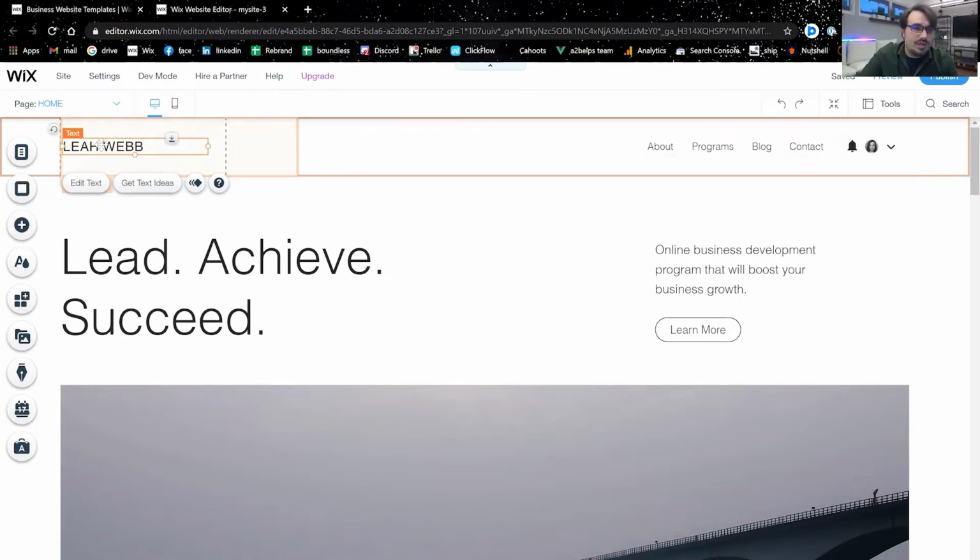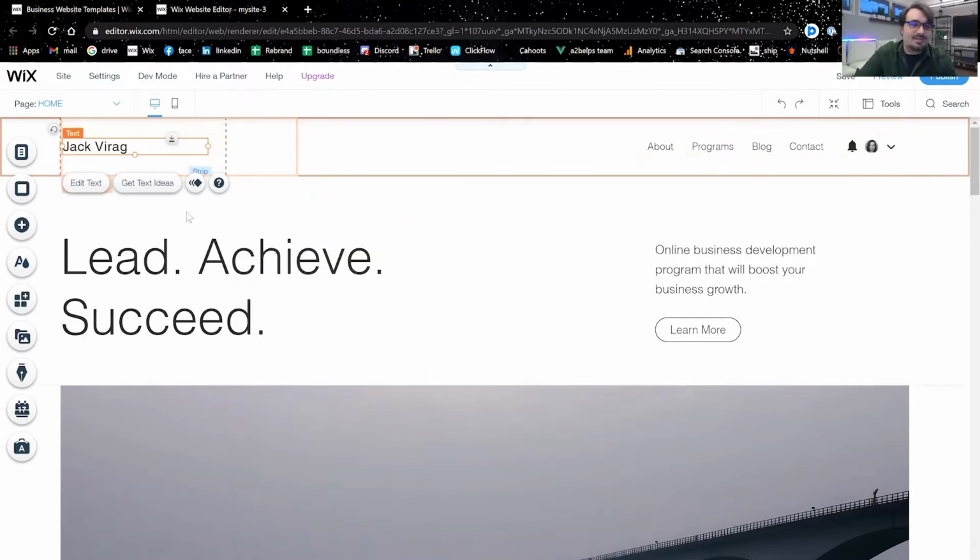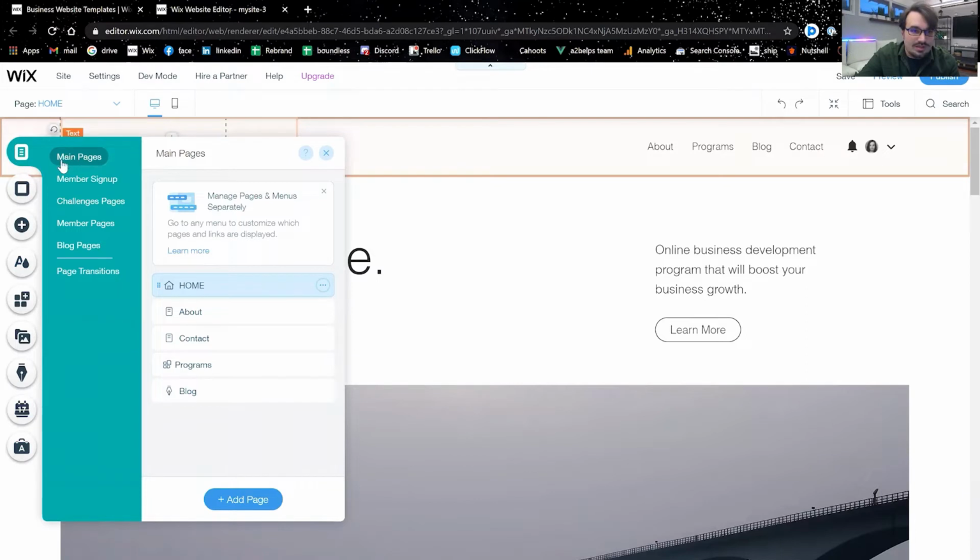So first thing we'll do, we click on this text up here in the header. We'll hit edit text. We'll change it to Jack Virag. That's just, why not? All right, so I'm gonna walk through these menus. On the left side of my screen, we've got these little bubbles, and when we mouse over them, they show what they are. Sorry, I'm terrible at speaking. I'm a better writer. So our pages one is where